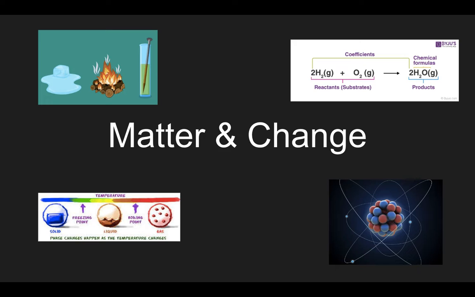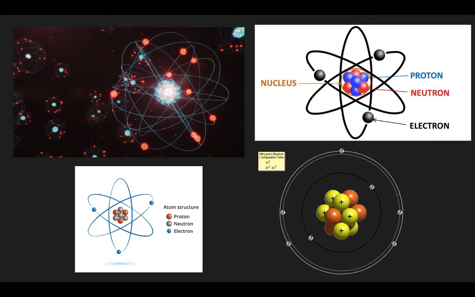To start off, matter is anything that occupies space and has mass. It is all around us, made of atoms, the building blocks of life. Each atom has its own chemical identity. There are two main parts of the atom. There are the electrons that are contained within the outer rings, and there are the protons and neutrons that are